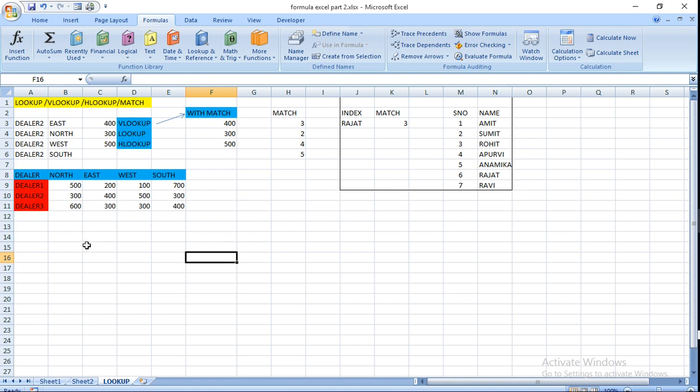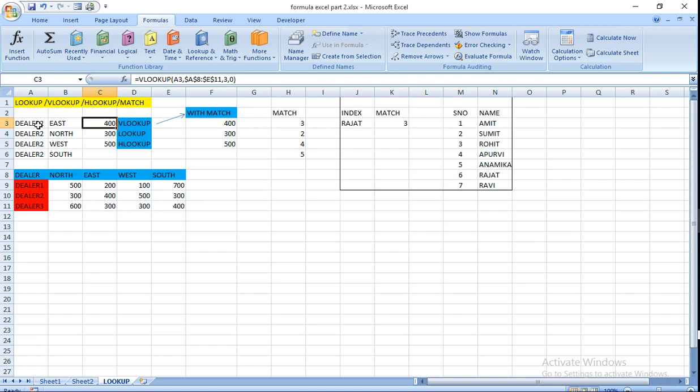VLOOKUP means you are looking for things vertically, and HLOOKUP means you are looking for things horizontally. Here you have written that you want to search Dealer 2 in East, 400, by using VLOOKUP. So write the formula VLOOKUP, where you have to find Dealer 2 from A3.